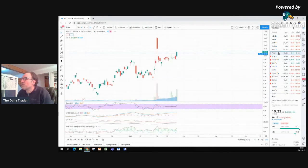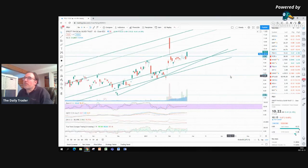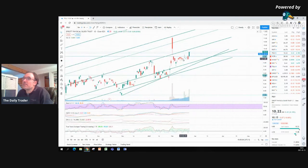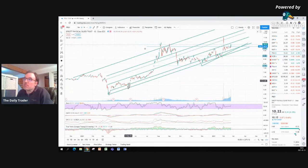Silver. So this is Sprott Physical Silver. Wow. Okay. So Sprott Physical Silver, I have been looking at it for a long while. Did not enter in it yet. So we can see the channels that I created. So it has been trending up since March of last year, after the COVID had a big impact on the